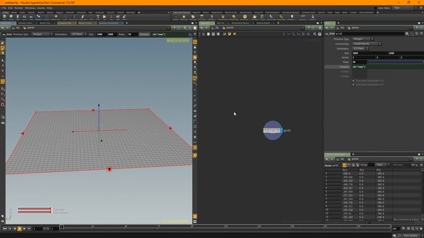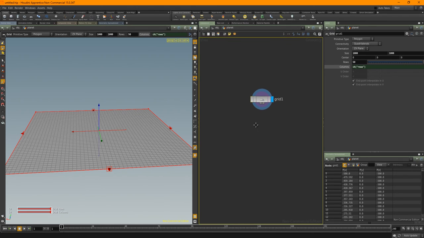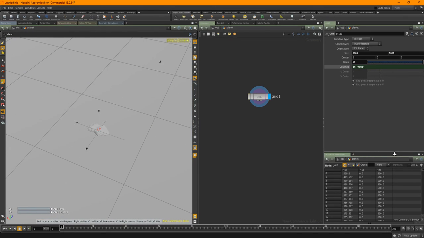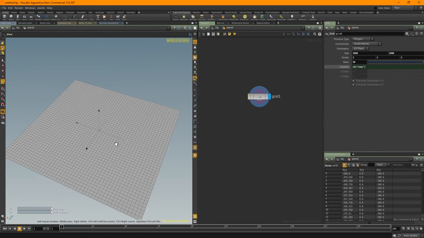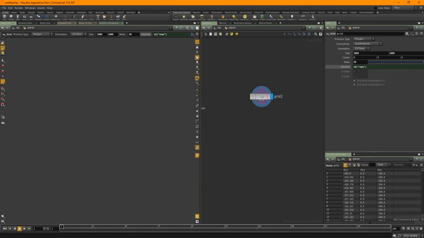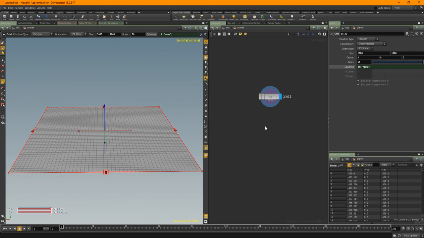Okay, so you could use a twist SOP to do this, but it can be a little bit, I wouldn't say problematic, but it can kind of take you by surprise if you're not entirely sure what you're doing with it. So what we're going to do is lattice deform this, okay?